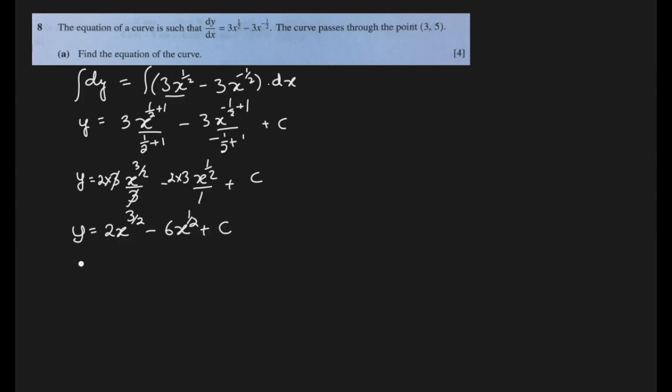Equation of a curve is not complete without getting the value of c, and for that we will use the point they have given us. So y is 5 at that point: 5 equals 2 times 3 to the power 3 over 2 minus 6 times 3 to the power half plus c. All right, now